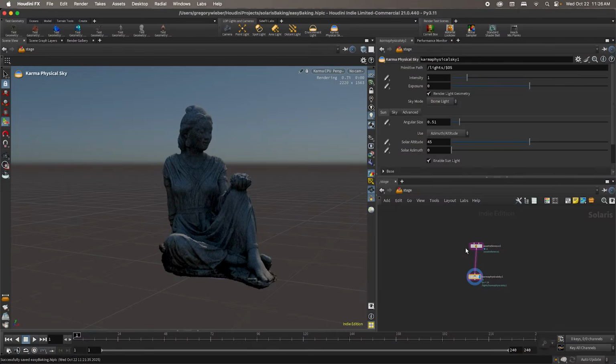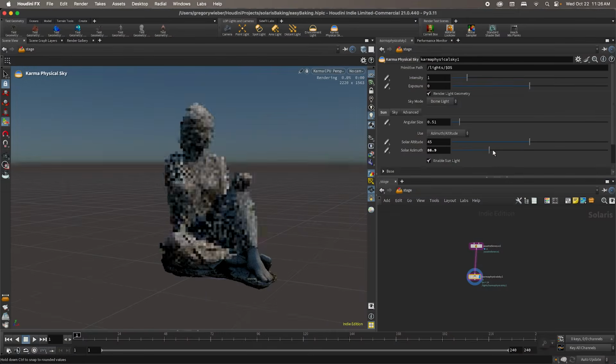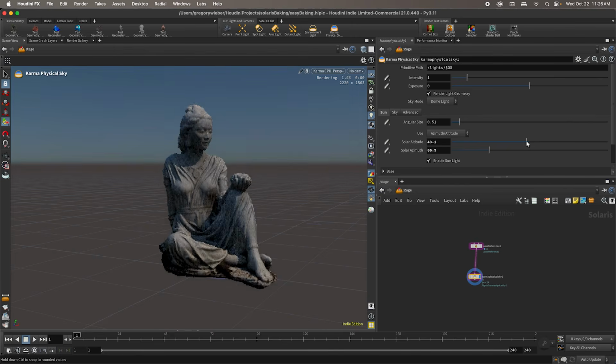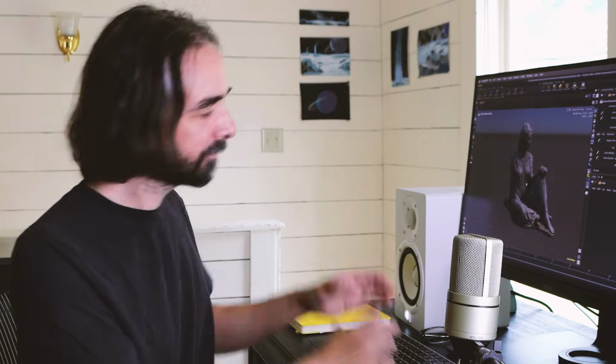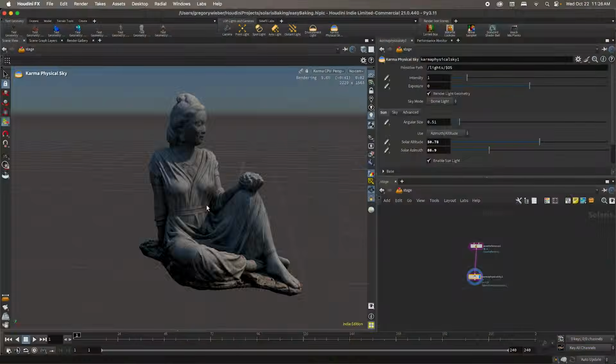Now, this is a very fast computer, where you can see that this is not real time at all, because it has to calculate all of these rays of light, all the soft shadows, and that's a very slow and expensive process, even on a fast machine. I'm just gonna tweak the sun a little bit here. There we go. So now we've got some nice shadows happening,